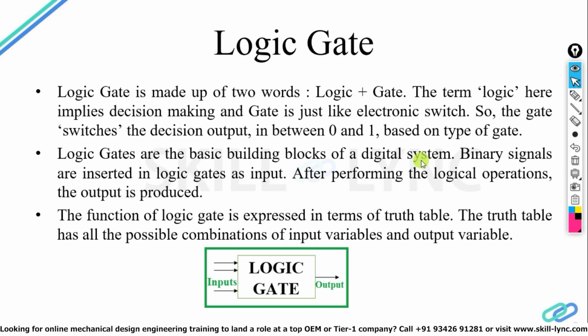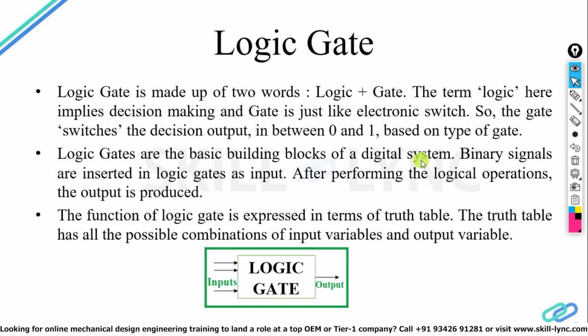Same as when we enter through our gate, the gate is made for entry and exit purposes. The same logic applies over here also: the inputs you are giving go to a black box and after doing some kind of manipulations, applying some logic, we get an output. That's why it is known as logic gate. So the logic means decision making.